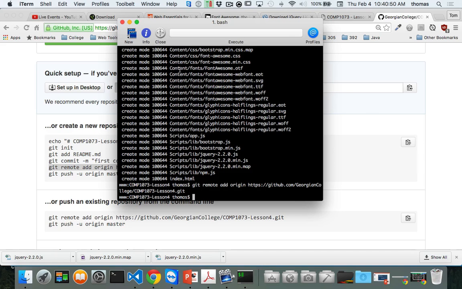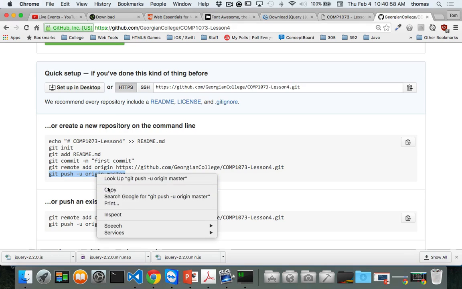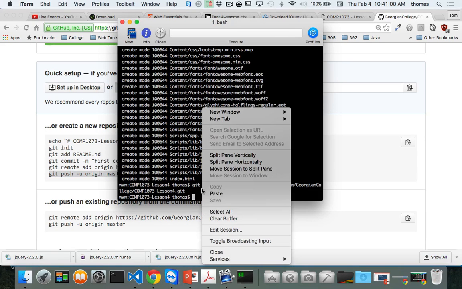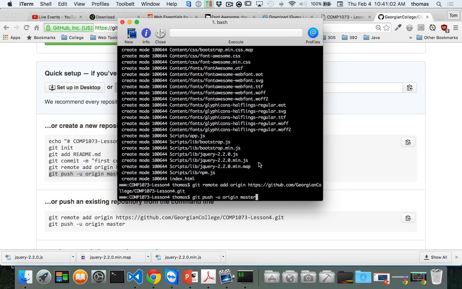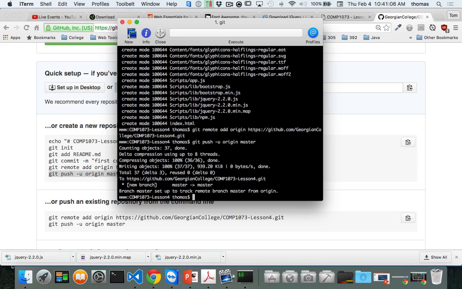Okay? Now the last line, if you really want to be lazy, and I'll do it this way this time, is grab this piece, git push -u origin master, copy it, and put that back in here as well, right? And press enter. Now it might ask you to log in, if you haven't done this already. If you log in with your credentials, it'll push my local files into my remote cloud repository on GitHub. That's what it does. So now I've got my local files up to date and my remote repository up to date with its first